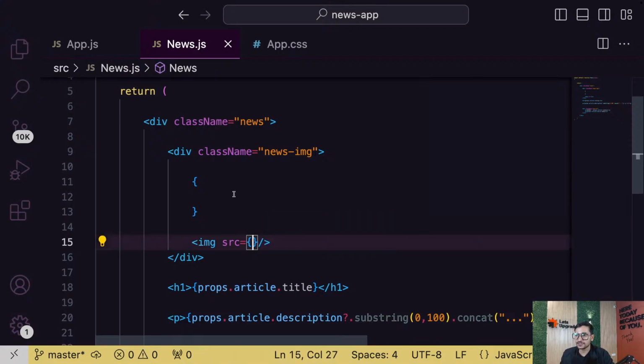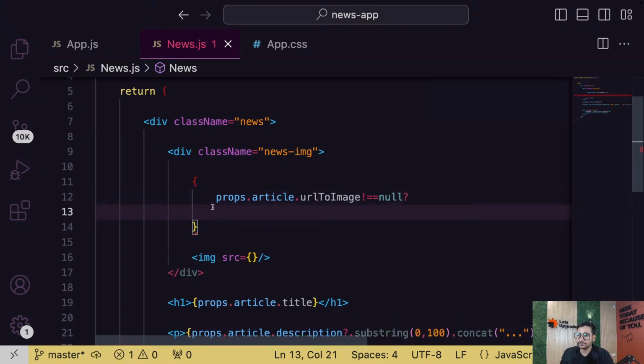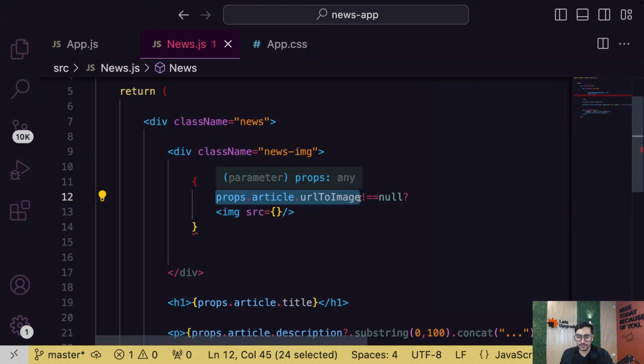props.article.image. So let's check it. If this is not equal to null, at that time, display the image with this URL.